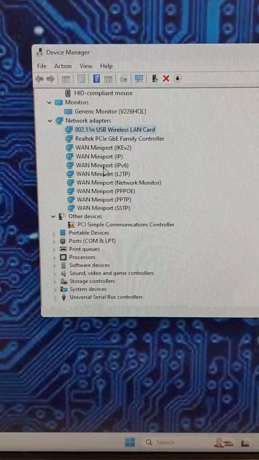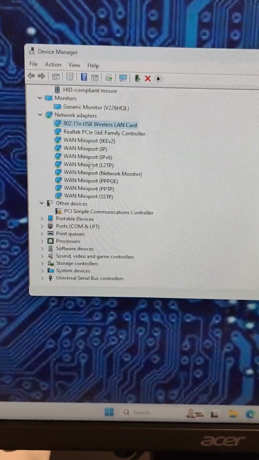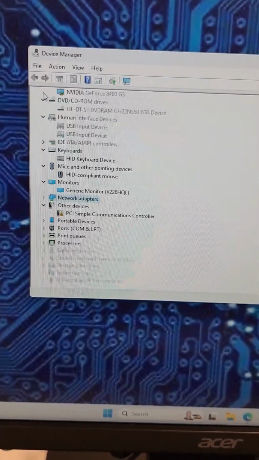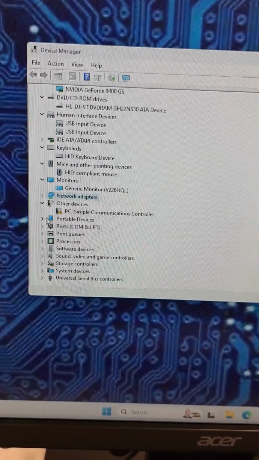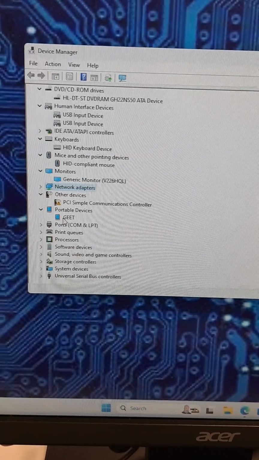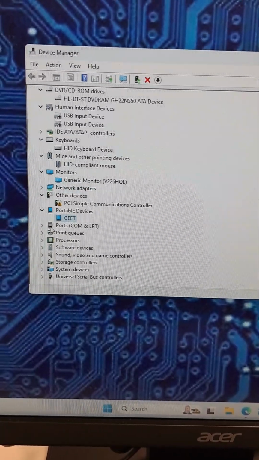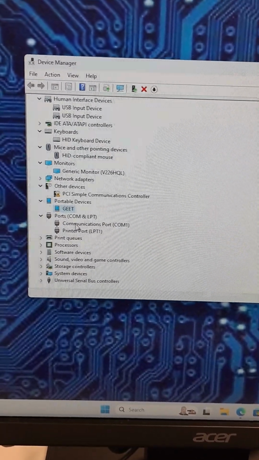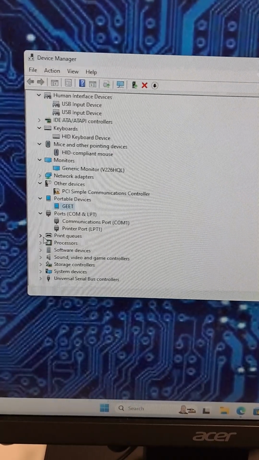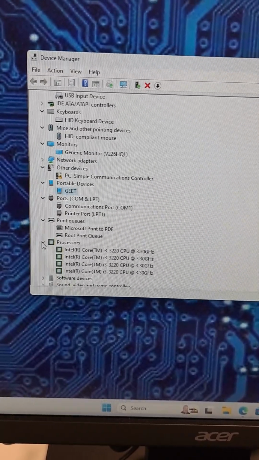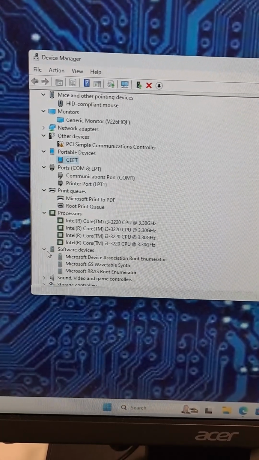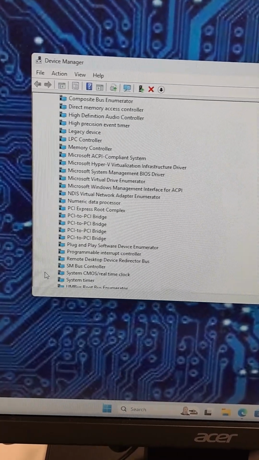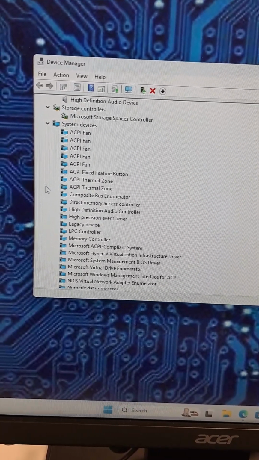I'm not gonna say that they don't matter. I'm just saying that at the moment they're not important. I'm just minimizing this real quick, the bigger ones, to have more space for the portable devices. The get, which is my USB that I have in it, the ports on it, the communication port, the printers, the processor, the software devices, the sound, storage, the amount of system devices that is inside of